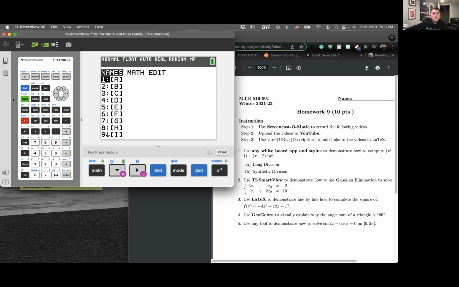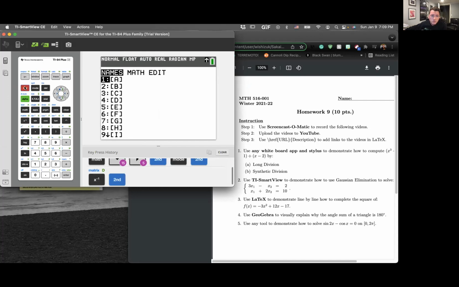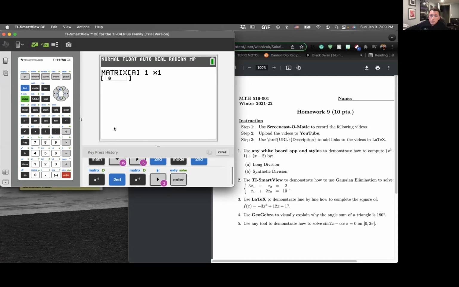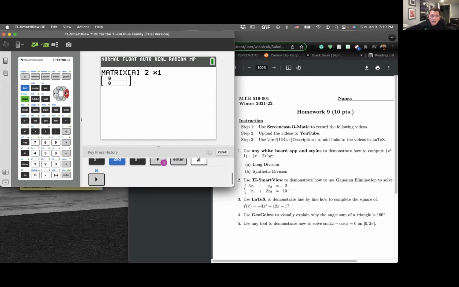So anyway, once you get to the matrix, I'll show you, second, then matrix. It brings you here, but we don't want to name our matrix, nor do we want to do matrix math yet. We want to edit. So first, we're going to edit our first matrix. Specifically, this is going to be a 2 by 2 matrix. I lied, this is not a 2x2 matrix. This is a 3x2